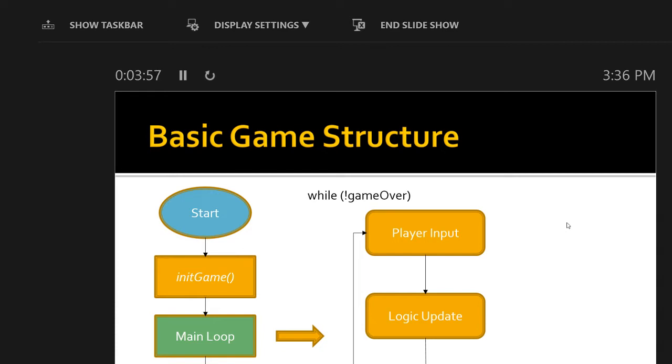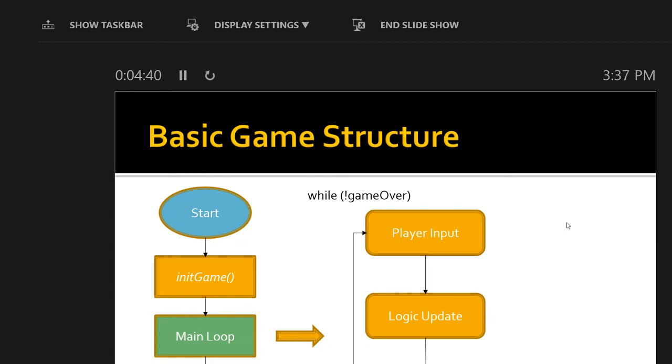So anything that has to do with physics, anything that has to do with doing some type of updates to the UI, all that's happening within this update. We've already had some experience with this in our code, because we're talking about these update callbacks that we have in Unity, Update and FixedUpdate. Any MonoBehaviour within Unity that has either of those methods, those are going to get called whenever this logic update happens.